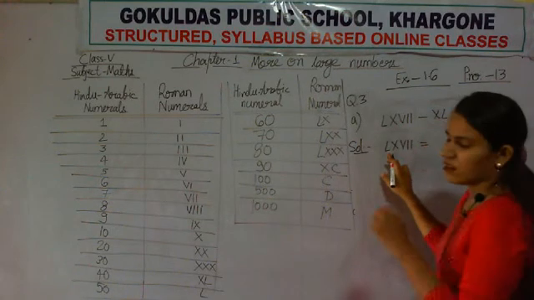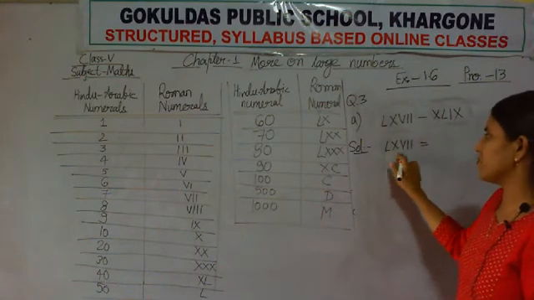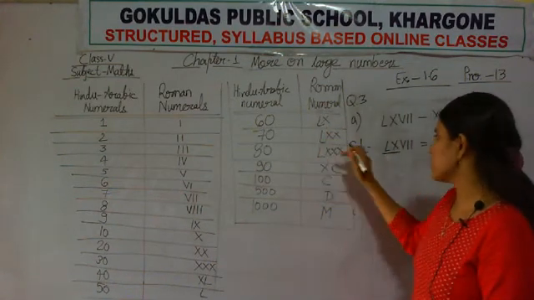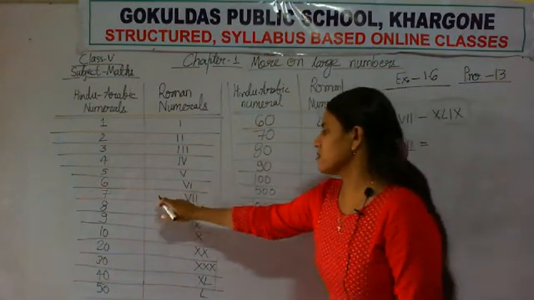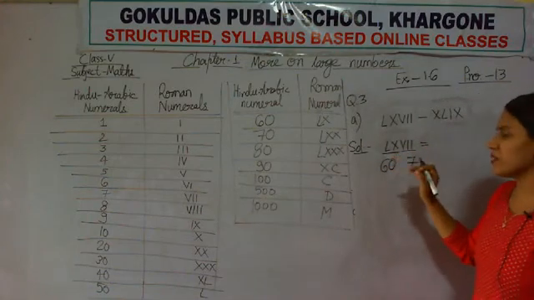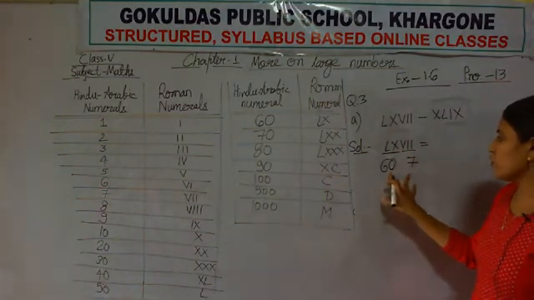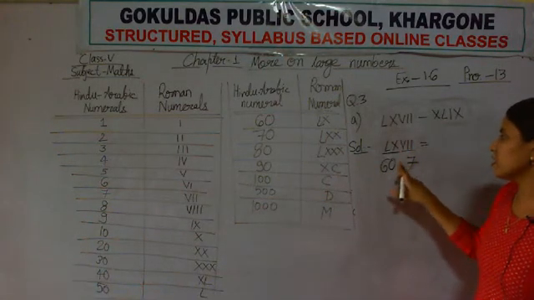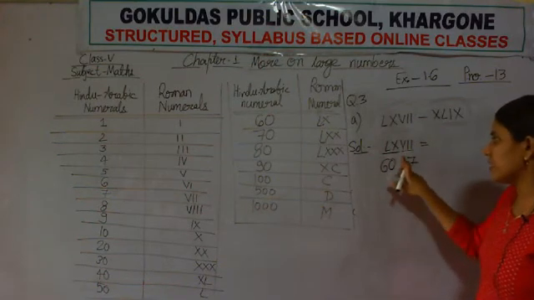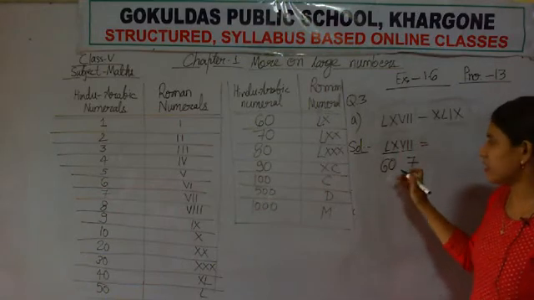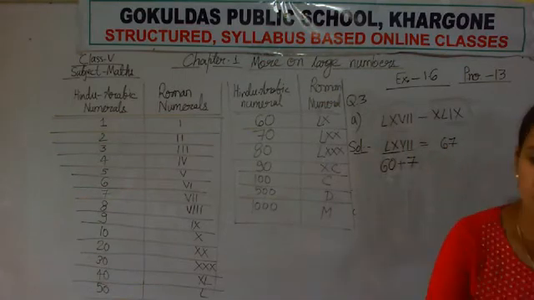LXVII means, write its Hindu-Arabic numeral. LX means 60. Here VII means 7, right? LX means 60 and VII means 7. When you observe these two numbers, you see that 7 is smaller than 60, and the smaller number is written to the right of the larger number. Then it shows addition. So 60 plus 7 is 67,